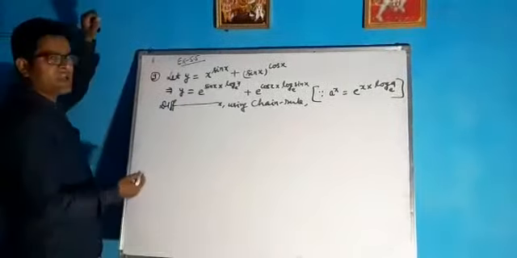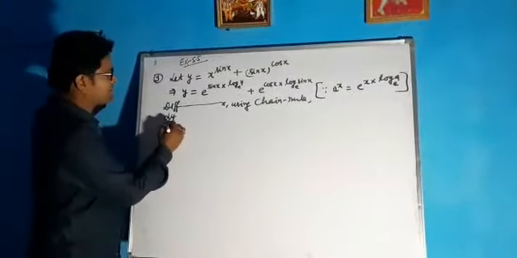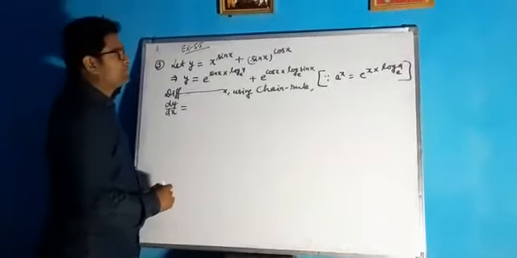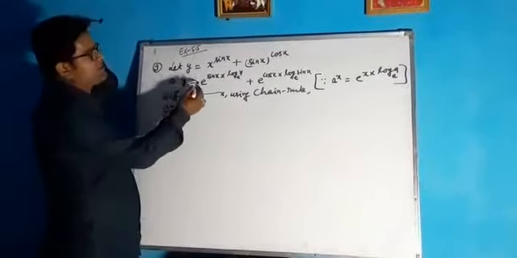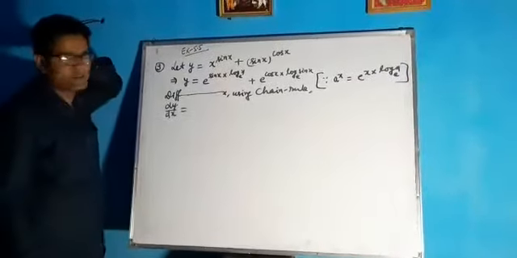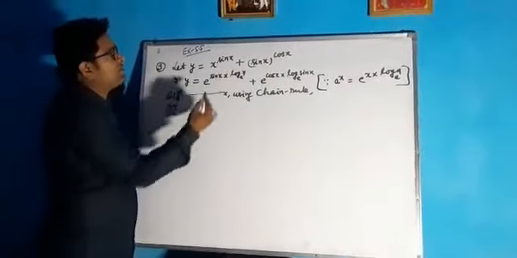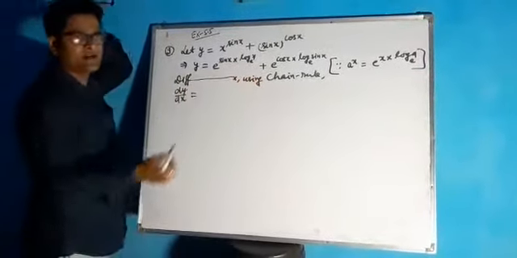Now see, I have not taken log here. So the derivative of y with respect to x is equal to, now first of all, e to the power sin x into log x to the base e is a function of sin x into log x base e. Then sin x into log x base e is a function of x. So first of all, I am finding the derivative of this so that you can easily understand it.